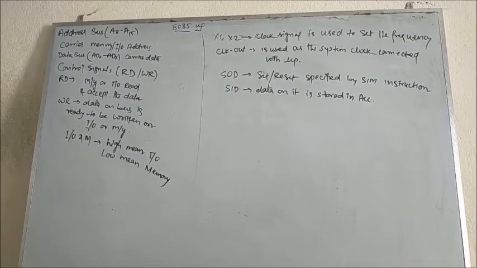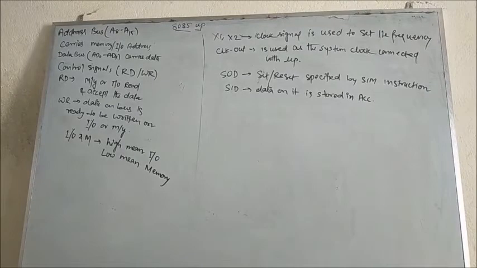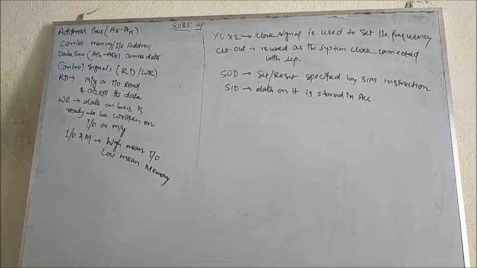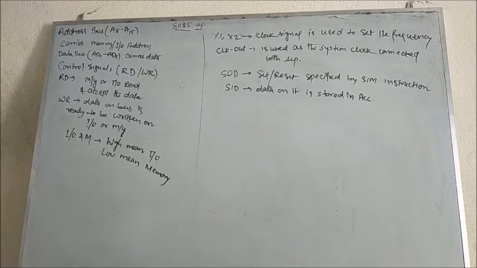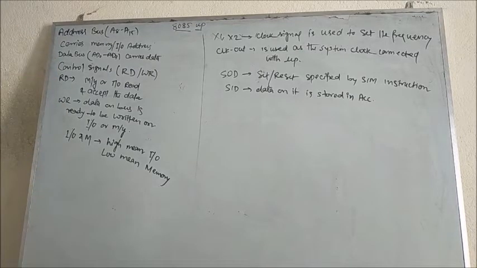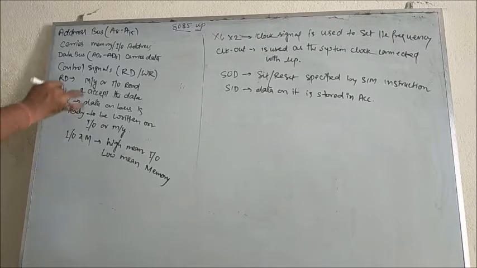Out of so many pins, meaning 40 pins, on the 8085 microprocessor, I have taken some of the pins which are really very important to be discussed in the pin diagram. So all those 40 pins are more or less classified into these common areas, right? And I should start from the first, address bus.